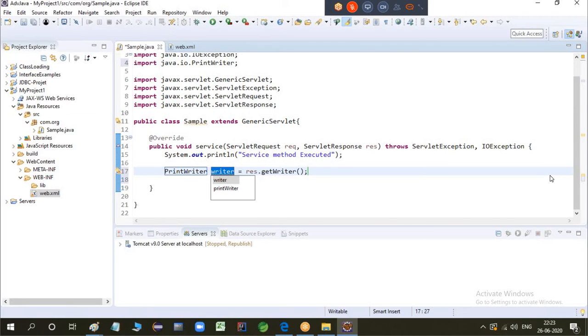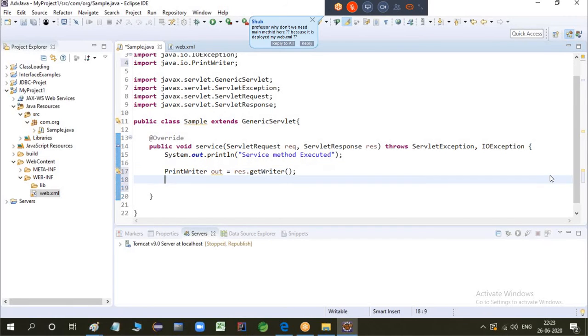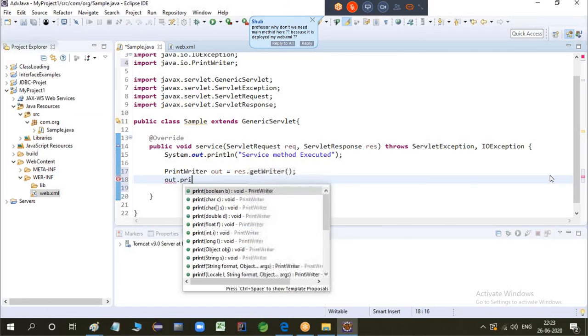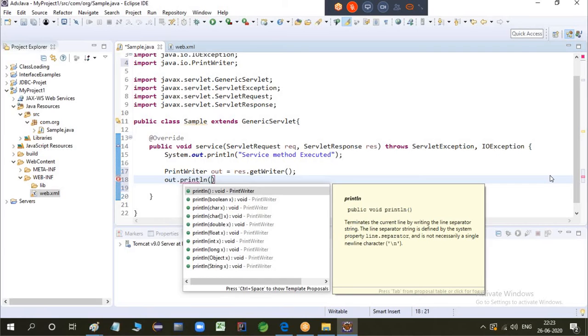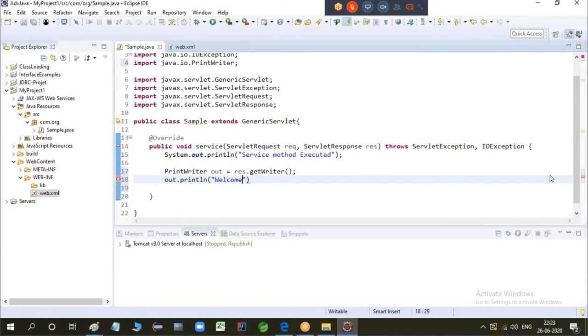Okay, get writer. And out.println of "servlet program".